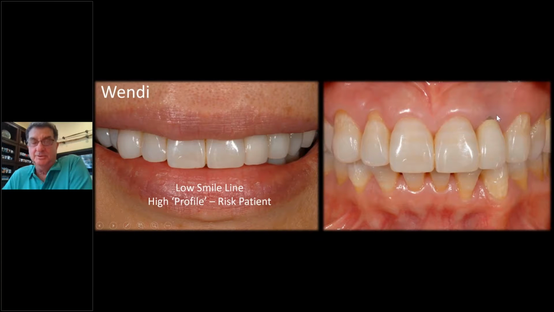So, this is against all my principles, but it's not a totally high smile line. And I discussed it with her. I said, listen, we have some new technique that we're doing that we might be able to get an implant in and put a temporary on the same day so you don't have to walk around with a flipper or an Essex retainer. And she said, but it might allow recession, but you may not show it. So she knew that, and I put it in writing.